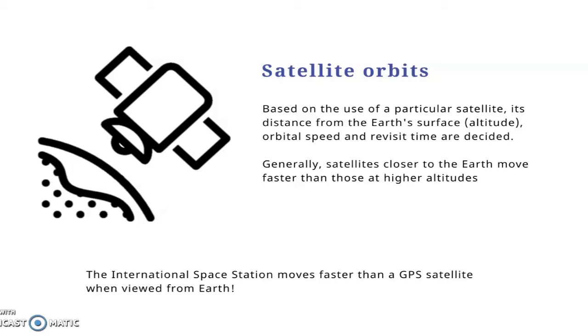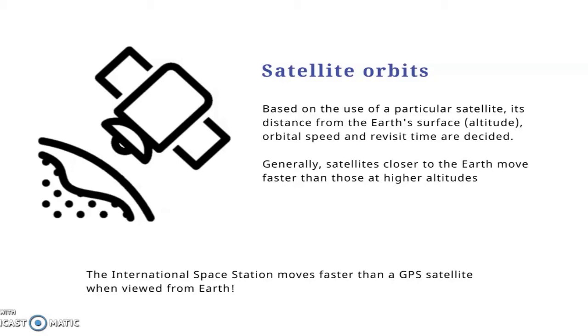Generally, the satellites that are closer to the Earth, because of the higher gravitational pull of the Earth, move with higher velocity, which means if a satellite is much closer to the Earth, then it moves faster and we'll see it more often in the sky. If a satellite is very far off, then it will occur less often, or we'll see it only once, or maybe even once a day, or once in every 2 or 3 days.